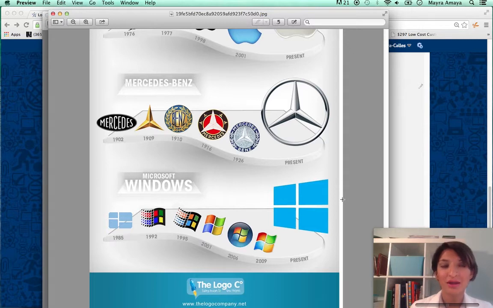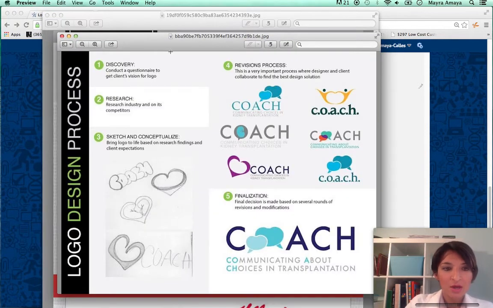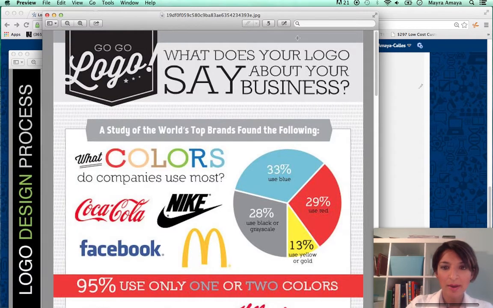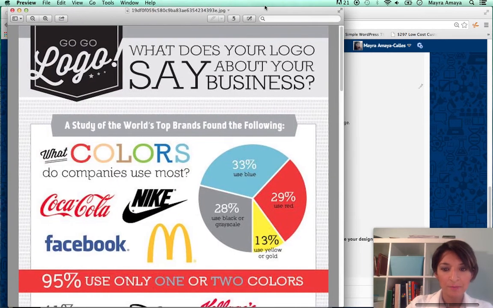I don't know if you guys knew, the Gap was trying to do a rebrand of their logo, and it backfired because it was so bad. You guys should do some research on that. We're not going to talk about it today. Okay, so before we go there, let's talk about some of the